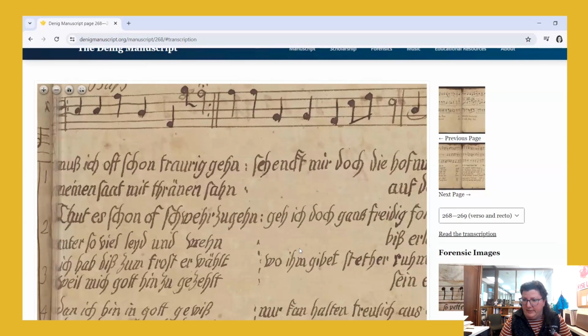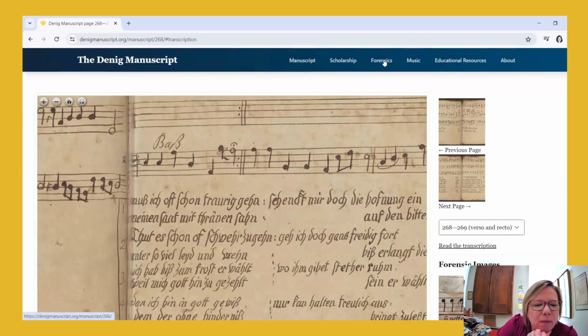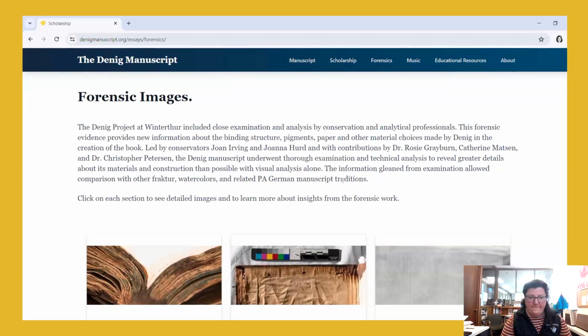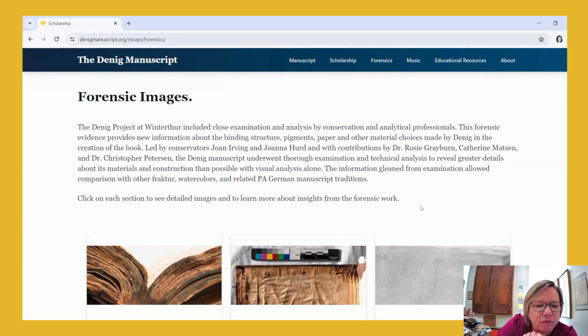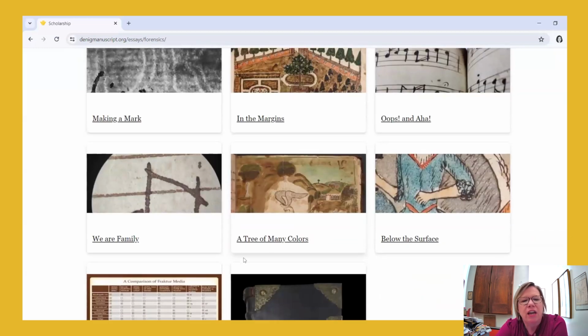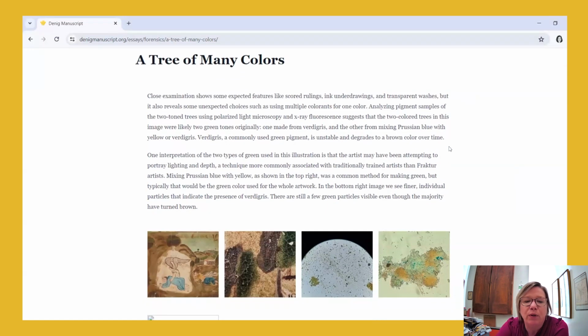I don't know, Catherine, do you want to talk a little bit about the forensic analysis piece? Sure. Yeah. If you want to scroll down, maybe we could also show them the tree of many colors in the margin. Oh, sure. Yeah. Because that also will give you more of a sense of the wonderful imagery that's here. Yeah. So this was looked at comprehensively, trying to understand how the book was put together, because one of